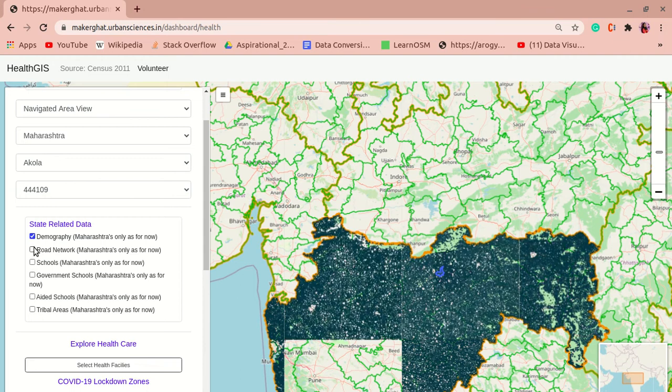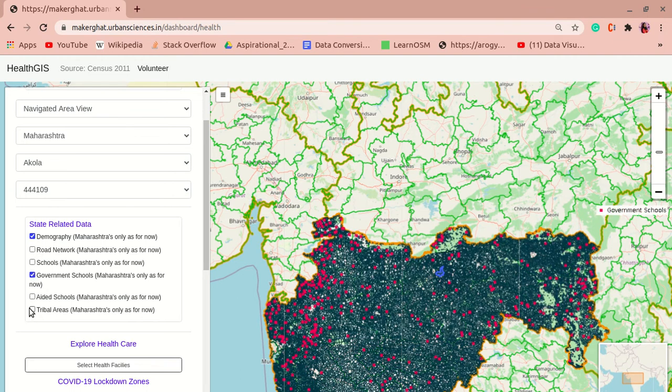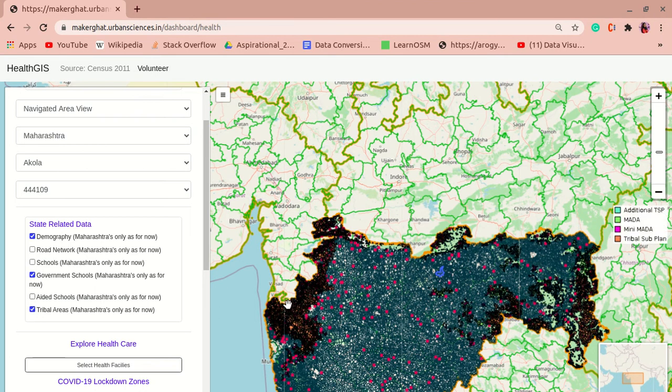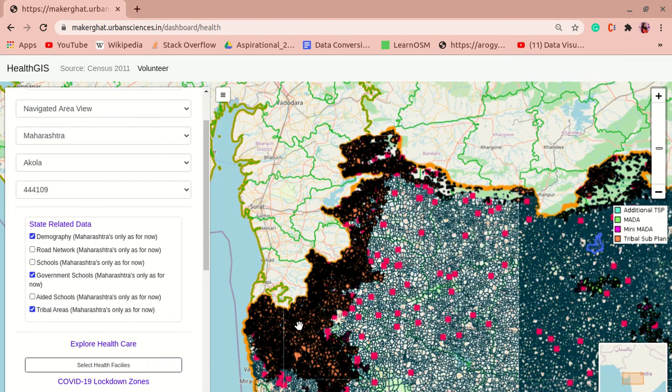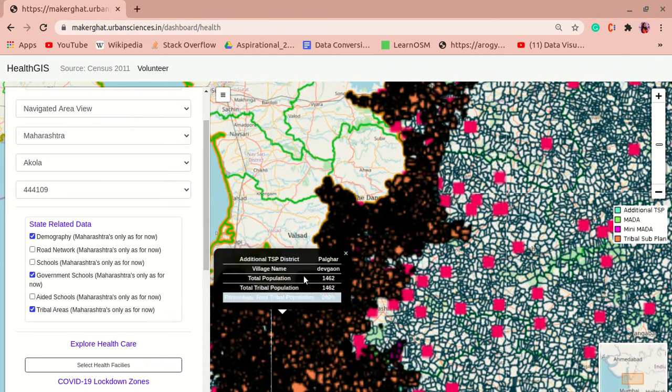This is the demography layer, and this is government schools of Maharashtra, and through this you can see the tribal areas of Maharashtra, and you can see the legend: additional TSP, MADA, mini MADA, tribal subplan. You can click on any village and you will get the data, like name of the village, tribal population.